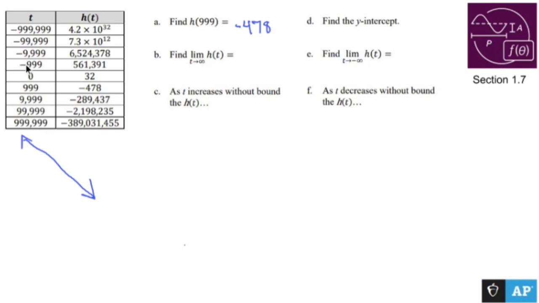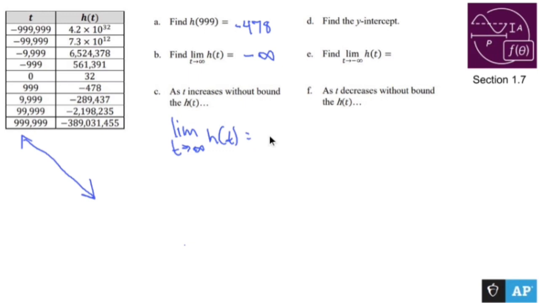Find the limit as t approaches infinity. As t gets larger, that number is getting smaller, smaller, smaller, faster, so we can assume that number is just going to keep dropping down to negative infinity, like so. As t increases without bound, the h of t, now increases without bound is just fancy talk for the limit as t approaches infinity of h of t,